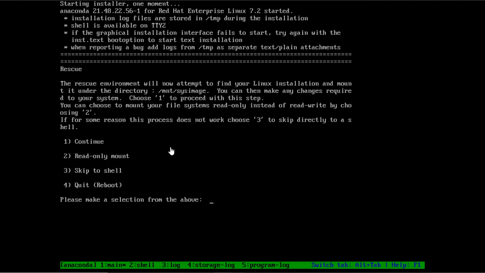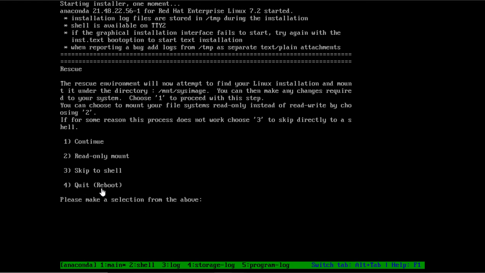Now if our partitions are corrupted or the files are not proper, it will not be able to detect the installation. Then we can go directly to the shell. Suppose I select the first option, and it says there is no installation, I am not detecting it. It will give me the option to select the shell, skip the step and just go to the shell, and from the shell we can try to find what happened to our operating system.